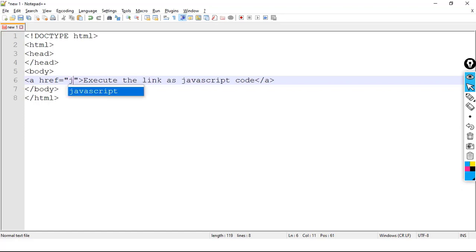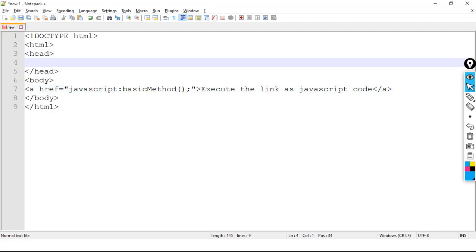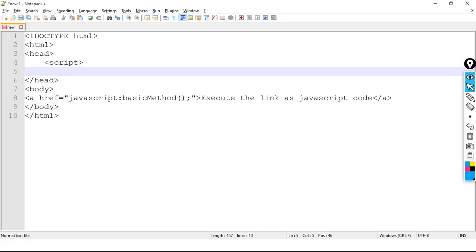So what I will do, I will take the protocol. What protocol? JavaScript protocol. Then I will write which code I want to execute. So I will write basic method function and semicolon. But to execute this basic method, we should have the basic method first. So in the head portion, I will take the opening script tag and then the closing script tag.